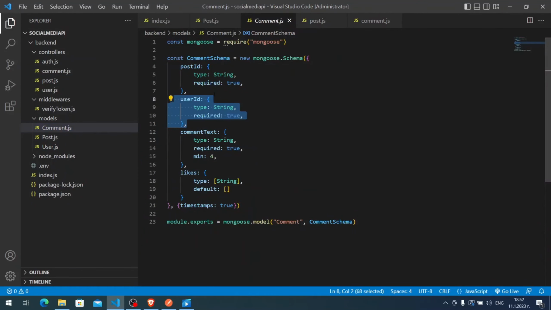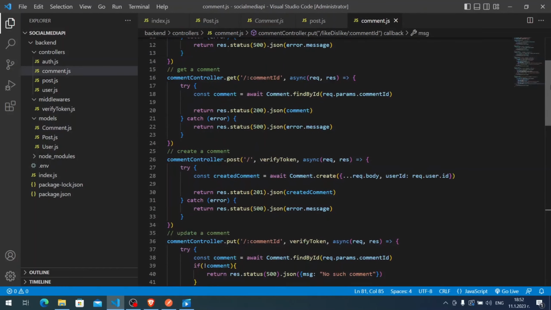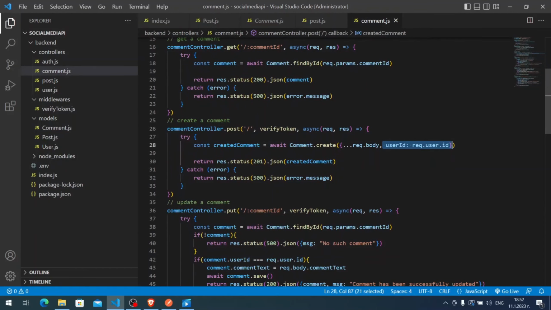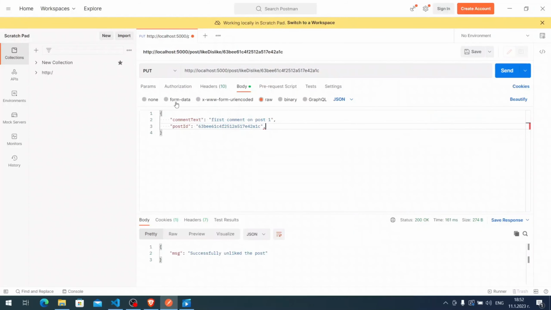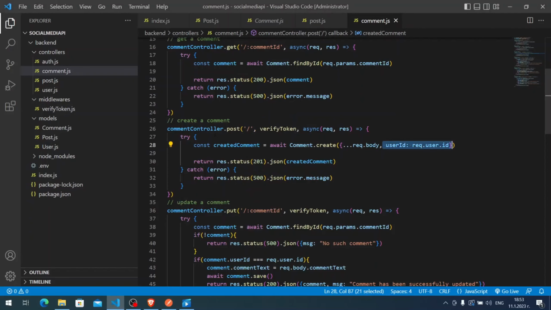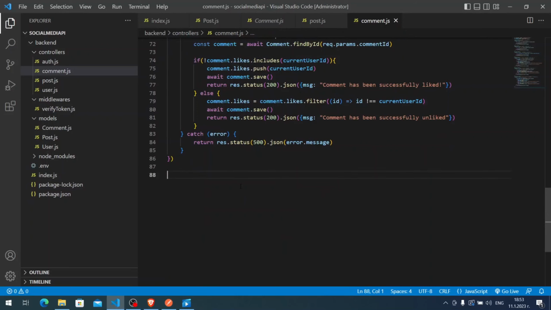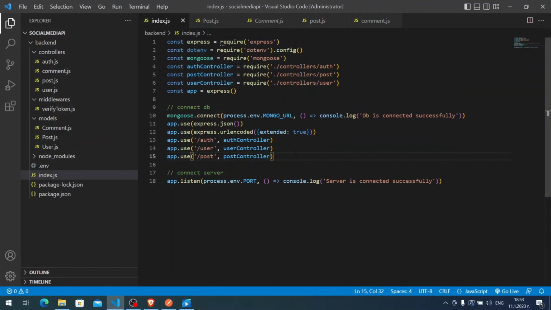Comment. The user ID is going to be dynamically here. We're going to add the user ID into the controller, so we don't need to type anything else, just the comment and the post ID. So let's go to the comment post, but of course again I forgot to export it. So module.exports, comment controller, and here